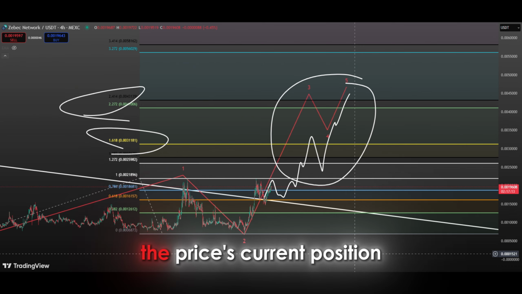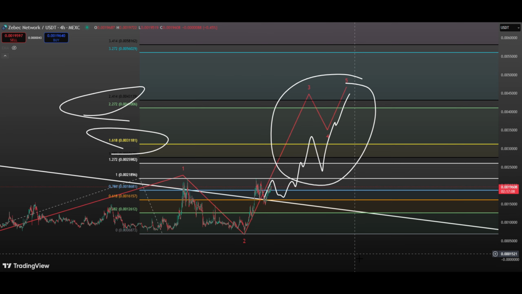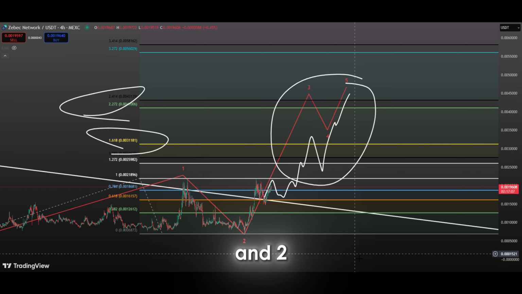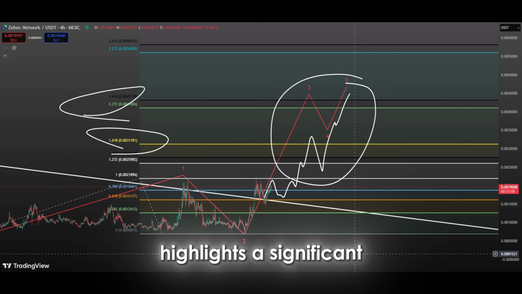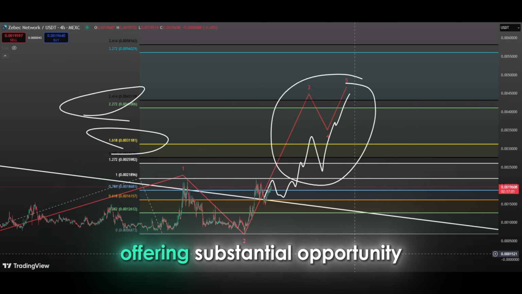The price's current position can technically be described as the pre-breakout zone. Being within the third wave, where strong rallies typically occur, suggests that the current level may represent the beginning of a much larger upward movement. The fact that the 1,618 and 2,272 target levels have yet to be reached highlights a significant technical gap and potential for further upside. The space between the current level and these targets forms a broad, bullish corridor, offering substantial